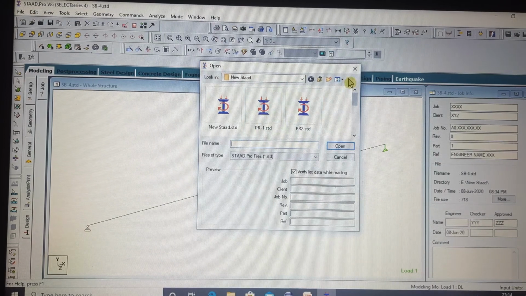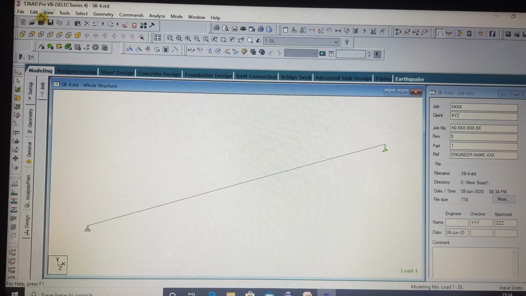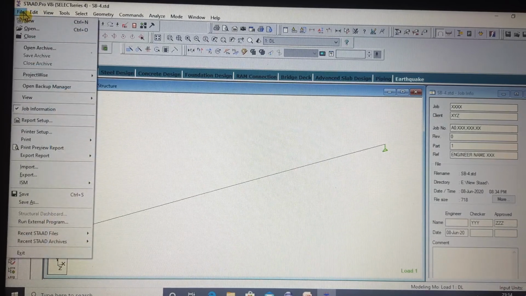So this is the button to view or modify an earlier project which you have created and want to modify. There's nothing new about this, and I have explained it earlier. So let's go to the next button.